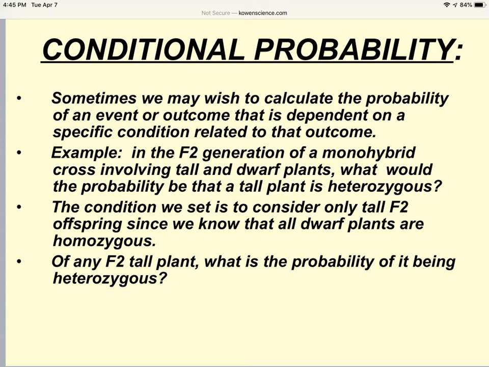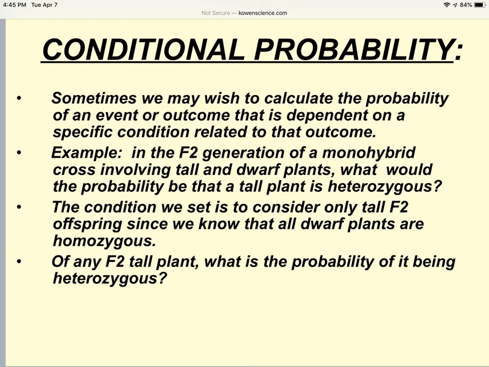In this video, we will wrap up our Hardy-Weinberg chapter. We're going to be looking at conditional probability and how that's associated with DNA and how we have used probability for DNA calculations. Now, conditional probability is the measure of the probability of an event occurring given that another event